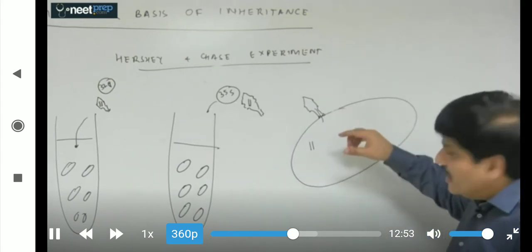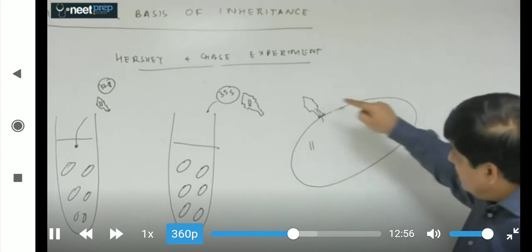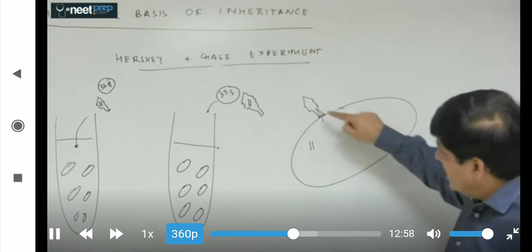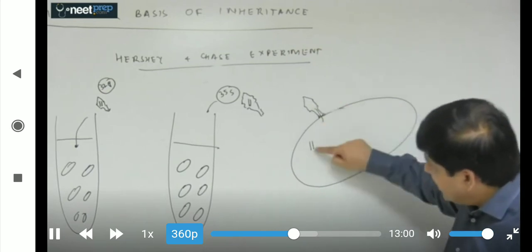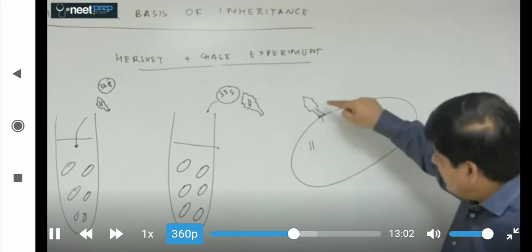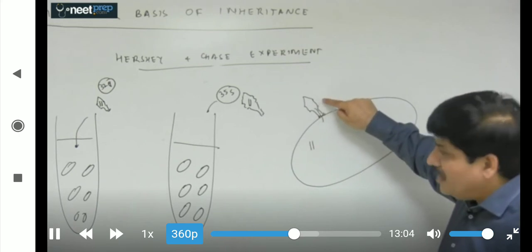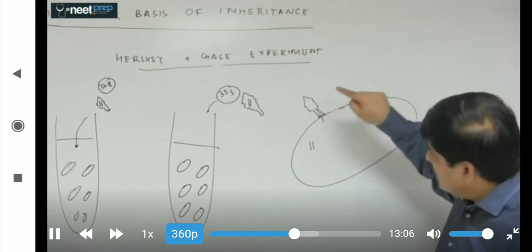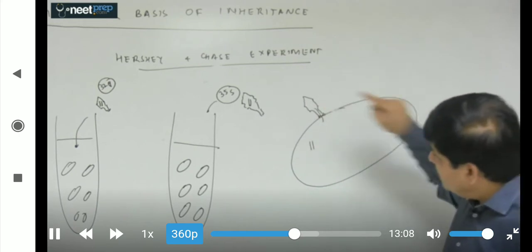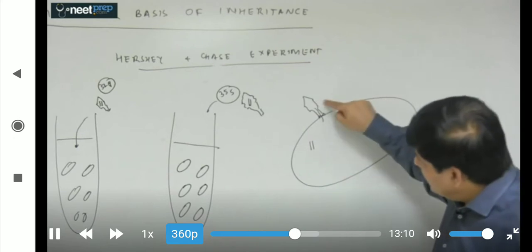So this is what we are saying, that when a bacteriophage infects a bacterium, it injects or transmits the DNA into it. You can see that this particular thing, which is the capsid, remains on the outside. It is very important to understand that it does not enter the